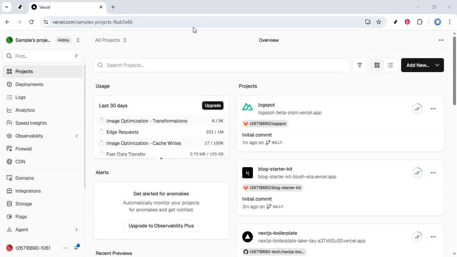In this video, I'll guide you through how to update a Vercel deployment. If you've made changes to your code and want those updates to go live, or you need to redeploy a previous version of your project, this walkthrough will show you exactly where to click and what to look out for